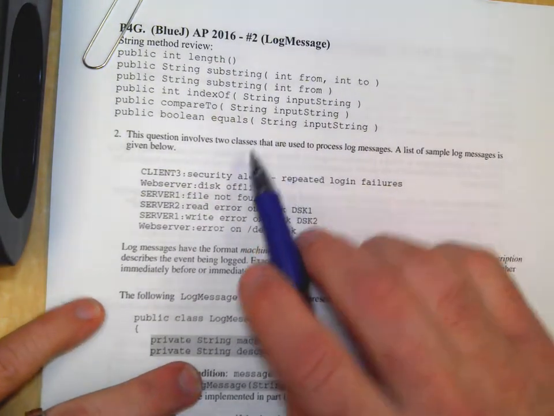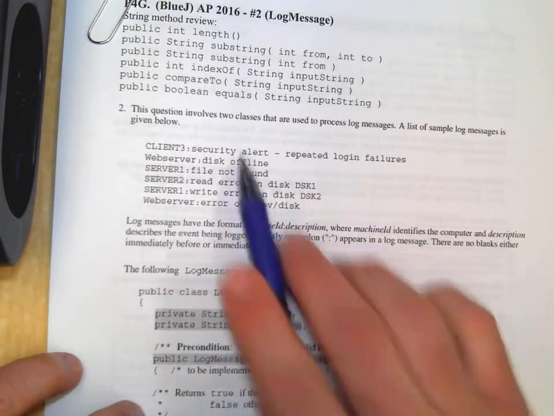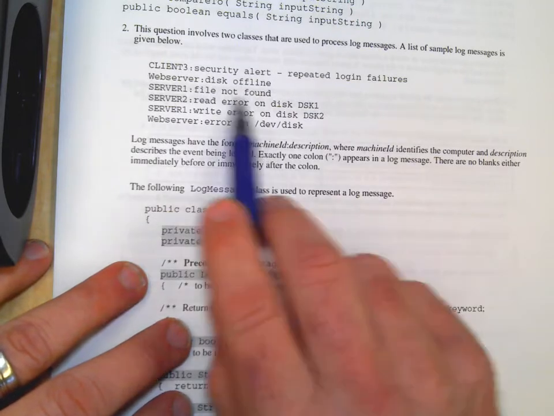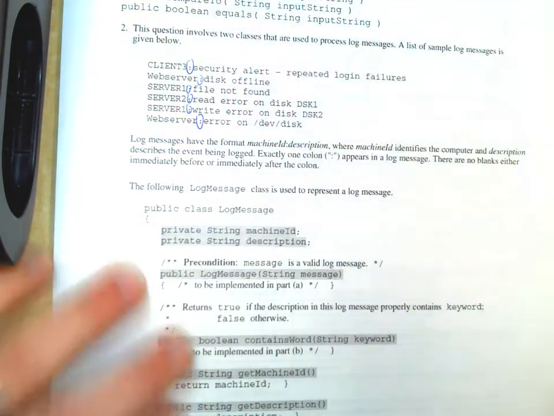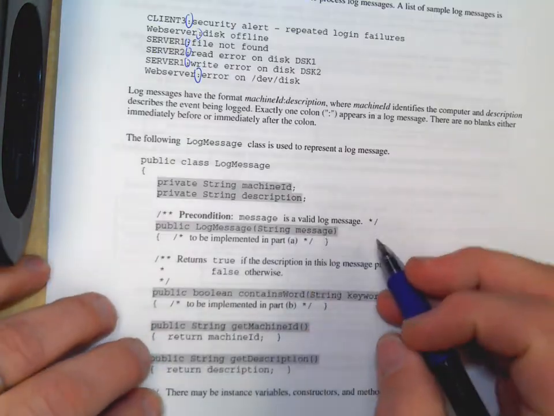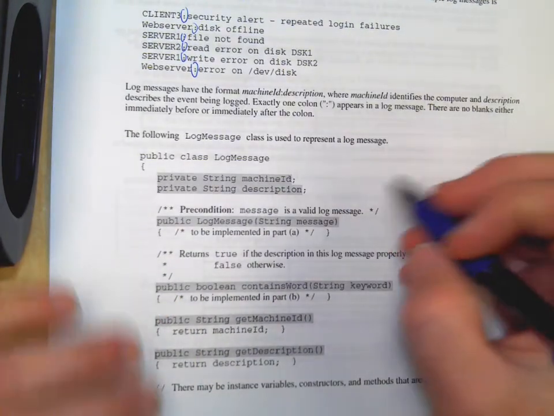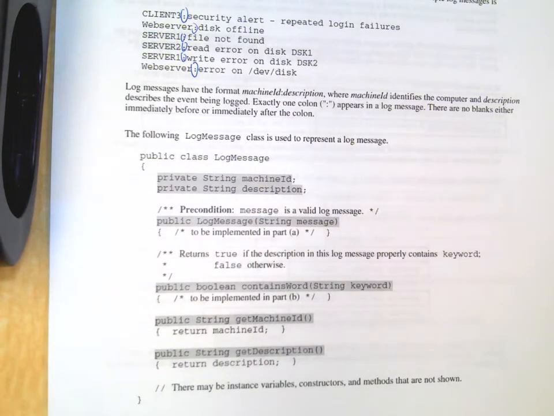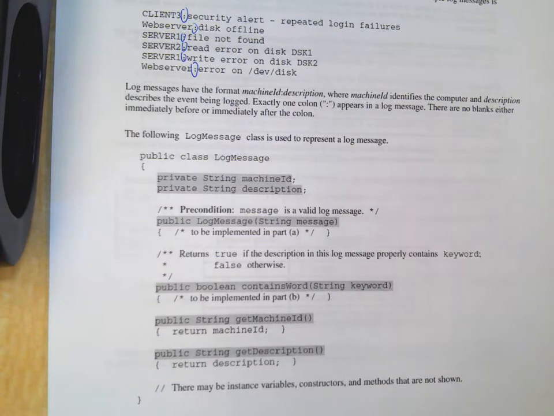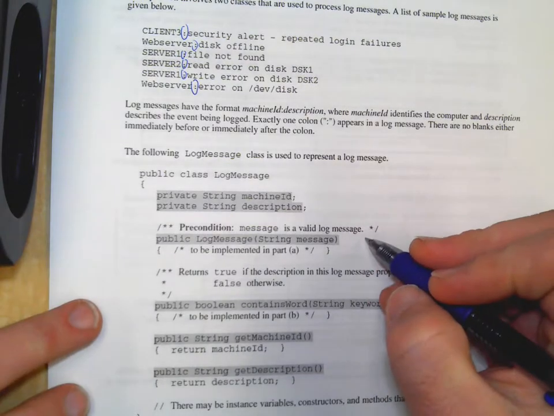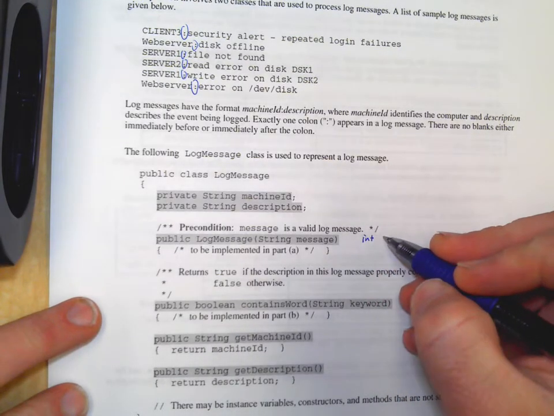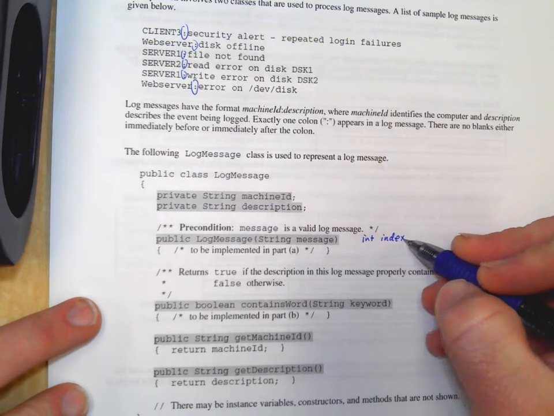Now, these are messages, and log message breaks it into machine ID, which is before the colon, and then description, which is after the colon. And so in your constructor, that's what you need to do. So I think I already gave you some advice. I would create a variable to hold the position of the colon. Okay, so I would say something like, give me an int, and you might call it something very user friendly, index of colon